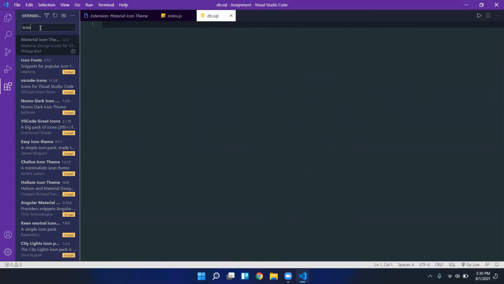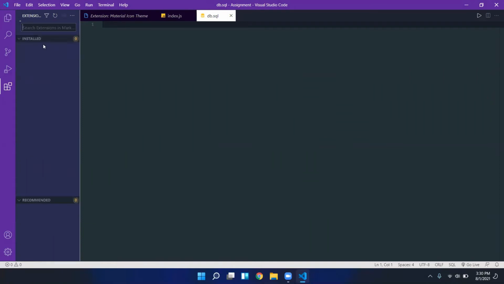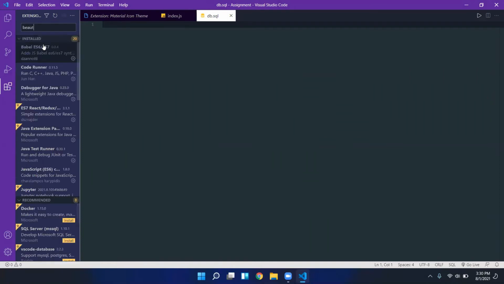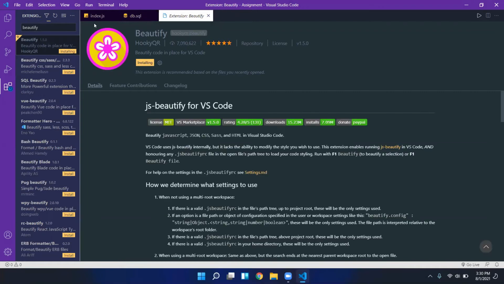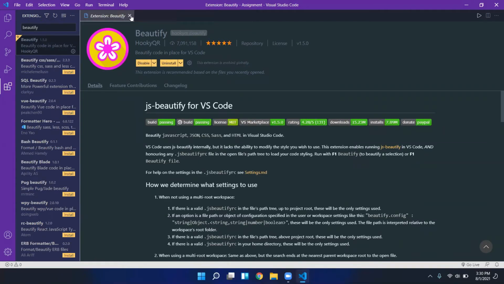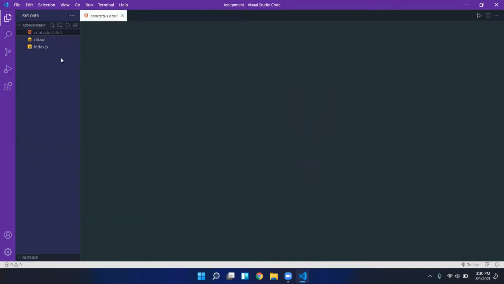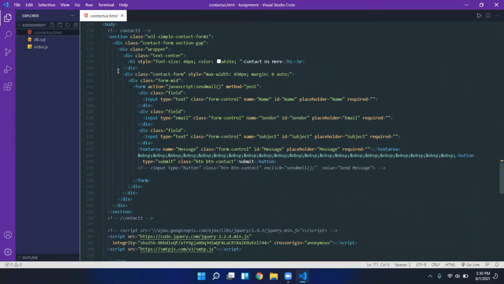The third extension which we are going to use is Beautify. If you are writing messy code while coding, it will arrange the whole code in proper format for you. Consider this as messy code.